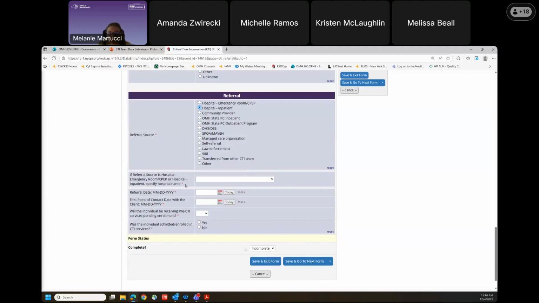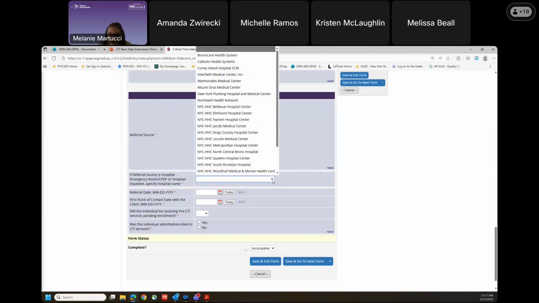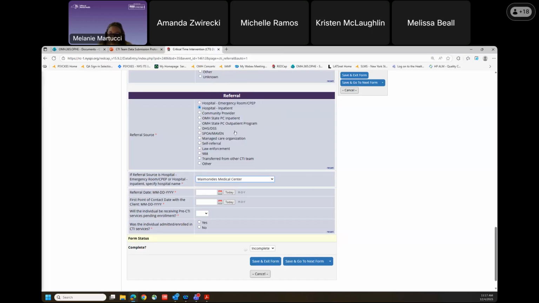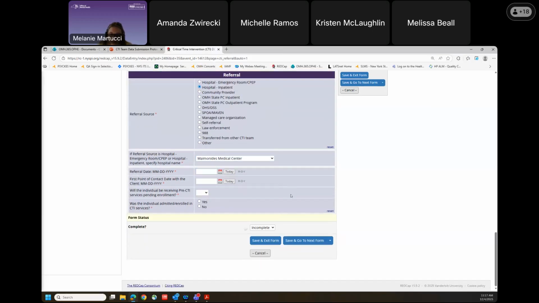So if the referral source, for example, is hospital inpatient, we do also ask for the hospital inpatient specific name. So we have a drop down available with the hospital information. You can select the hospital name, and then going on to the referral date,